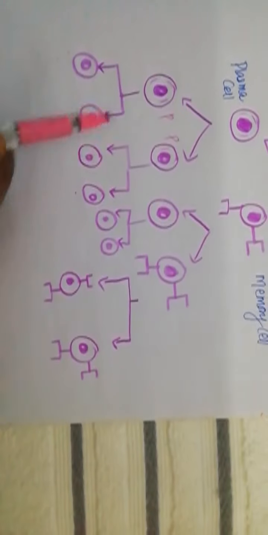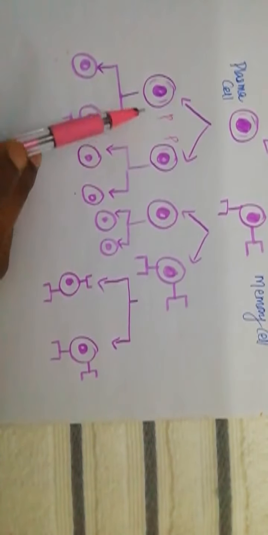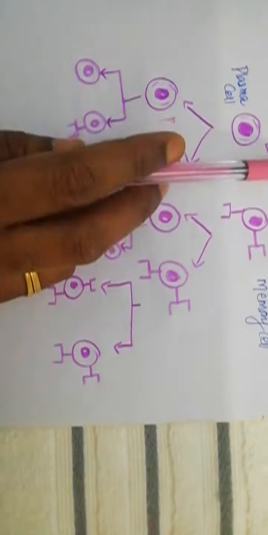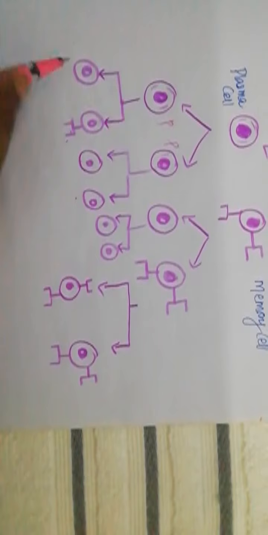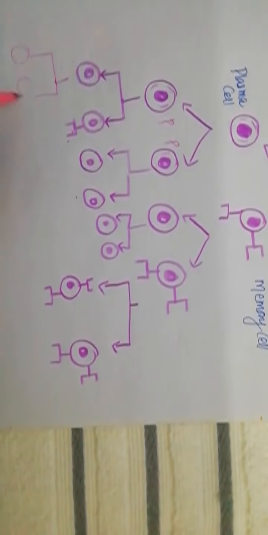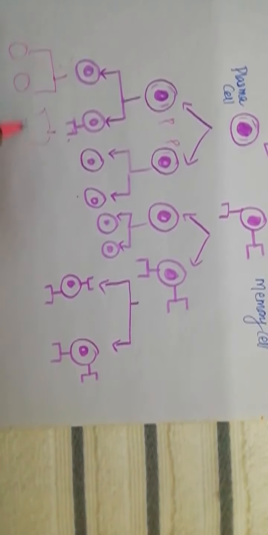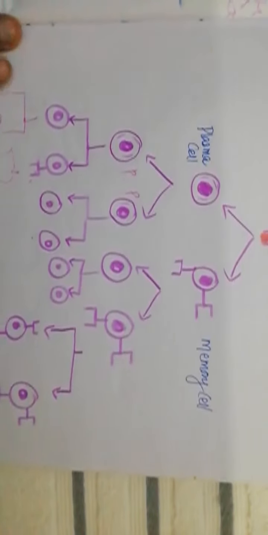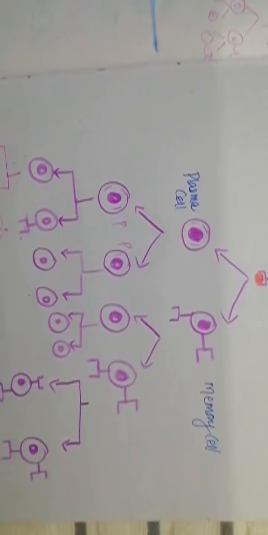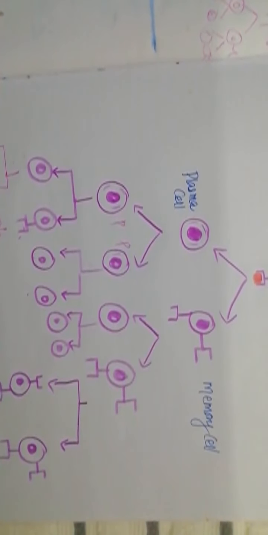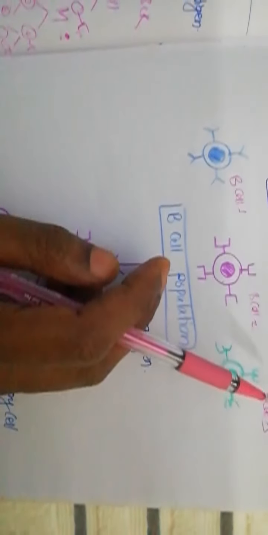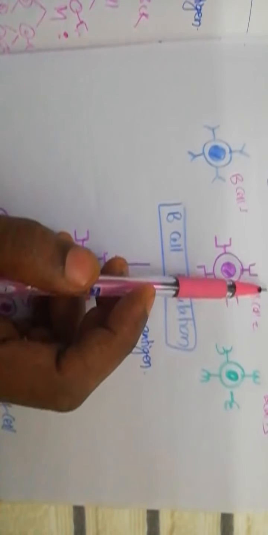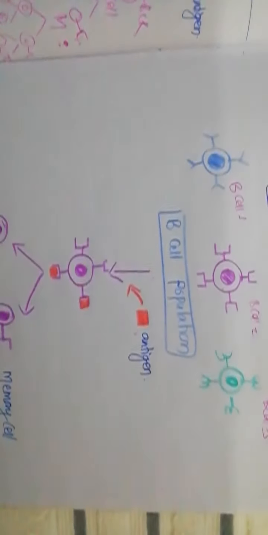Okay, so like that you can see that the population of the B cell is increasing. Here it is the one which is identifying the antigen, they undergo differentiation, again differentiation, again differentiation. Like that this process continues. Many B cells and memory cells will be formed. This process is called clonal selection. Clonal selection is a process by which pathogens select a particular clone of lymphocyte. Which one was selected? The purple one. The particular clone of lymphocyte will be selected for expansion. This process is called clonal selection.